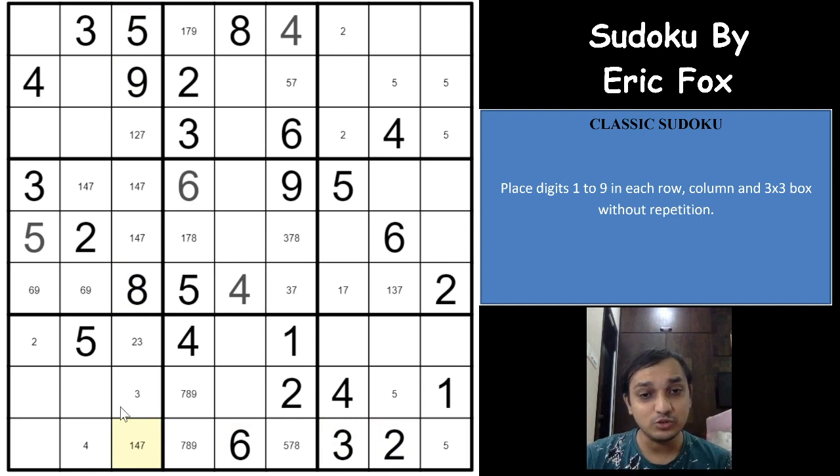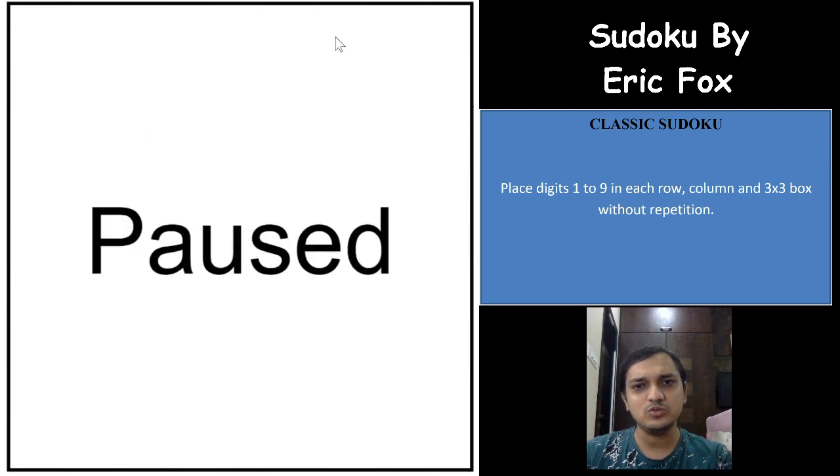A very good start, actually, a very good breaking of this Sudoku. You got a 1, 4, 7 hidden triplet in the third column. No other digit can come here. We already know that the 1, 4, 7 triplet is marked here in box 4, and this cell will have to be 1, 4, 7. 2, 3, 5, 6, 8, 9 are not possible, as 2, 3, 6, 5, 9, 8 are already in the rows and columns. So this has to be 1, 4, 7. Because of the 1, 4, 7 triplet in column 3, we can eliminate 1 and 7 from this cell, and it has to be 2. And now because of the 2, we get a 2 here.